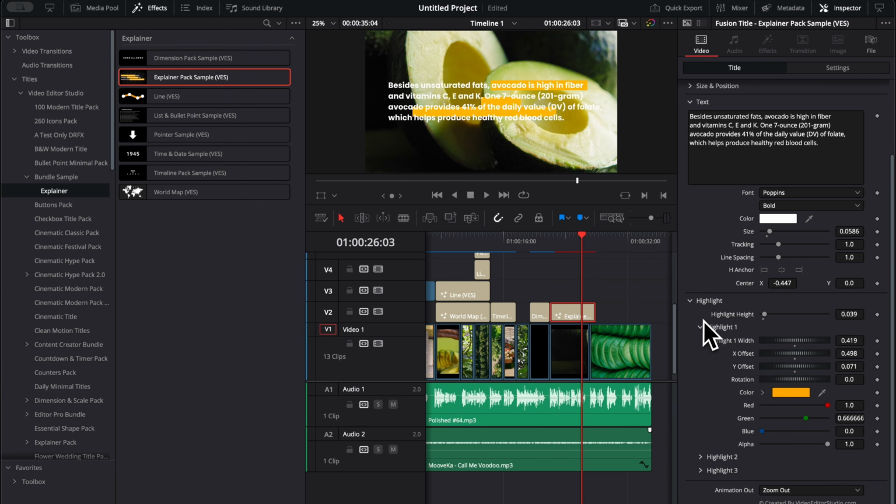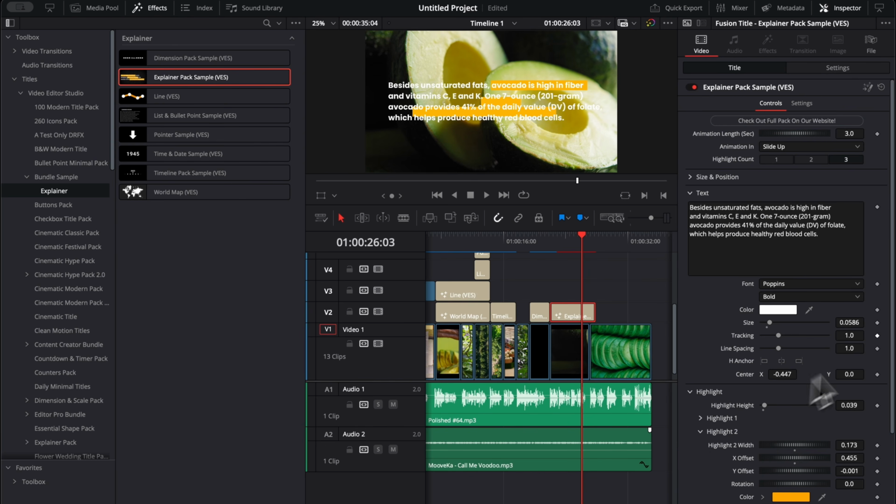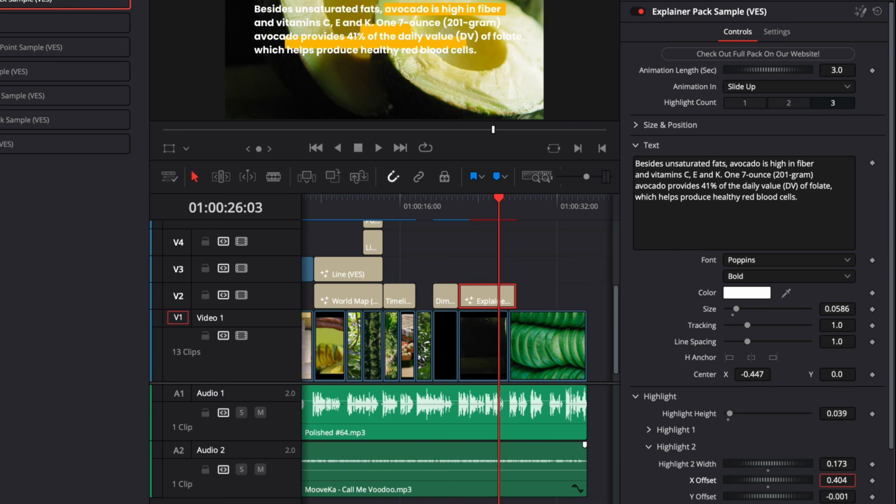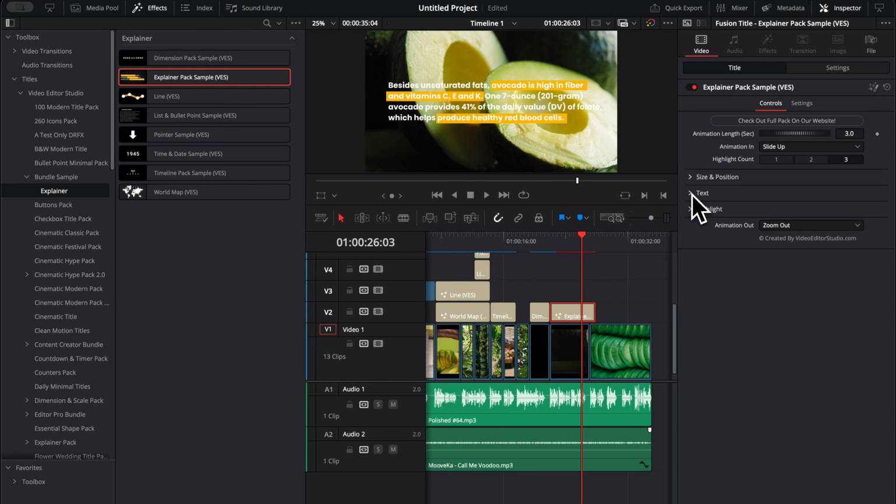Then I'm gonna do the same thing here for the highlight 2. So I'm gonna move the highlight 2 in the right spot. And at this point, I think you got the idea, so I'm just gonna do the same thing with the third one. Now, same thing as I mentioned in the past, for this one, that will be helpful to have